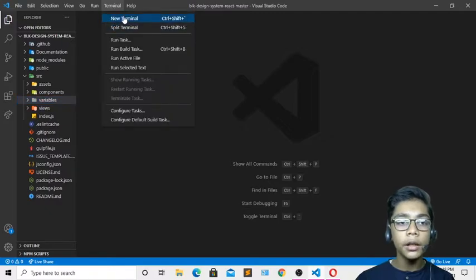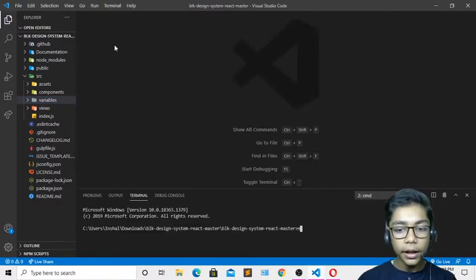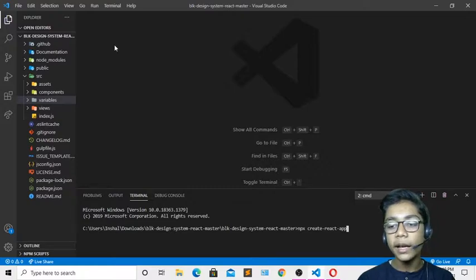So go to new terminal. Now here I will be writing npx create-react-app. Like I've told you previously also, this is the command for creating a React app, so I'll be writing npx create-react-app. Now you don't have to write npm, because npm is a command to run it in localhost or in the default browser which you are working with, and npx is a command for making your React app or folder which you are building.